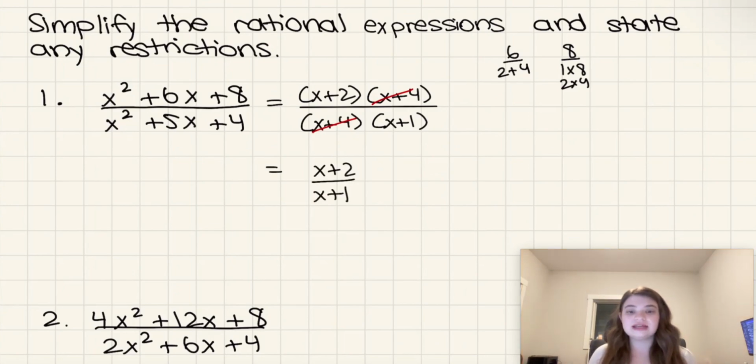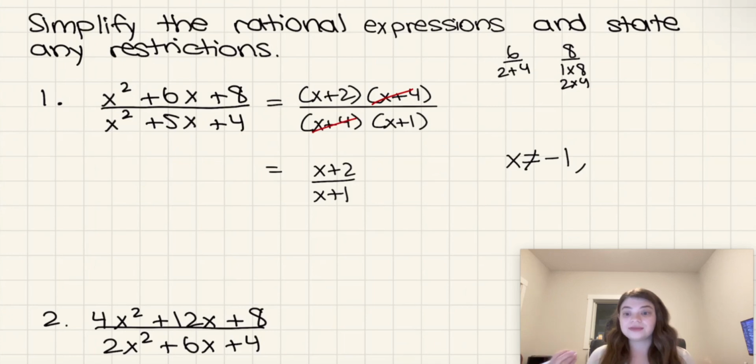Now, it also said to state any restrictions, or some people call them exclusions as well. They're the same thing. And basically, they are which values of x can we not have? Which values of x would make this undefined? Now, a rational function is undefined when the denominator is 0. So in the final answer, we can see that x cannot equal -1, otherwise the